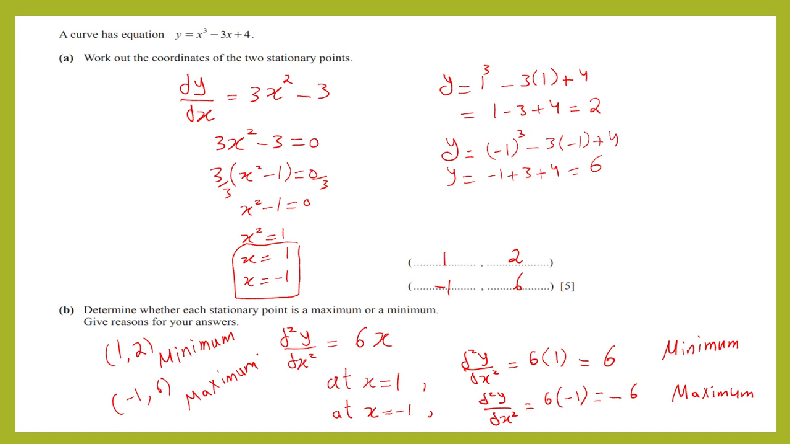No, in some cases it's different. So you should follow the method, which is finding the second derivative, then you replace the x coordinates of the stationary points. If the answer is positive, it's a minimum. If the answer is negative, it's